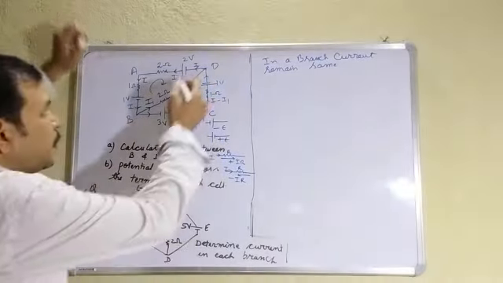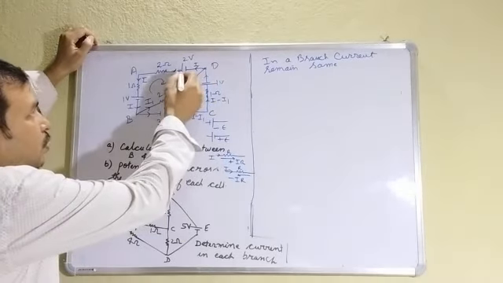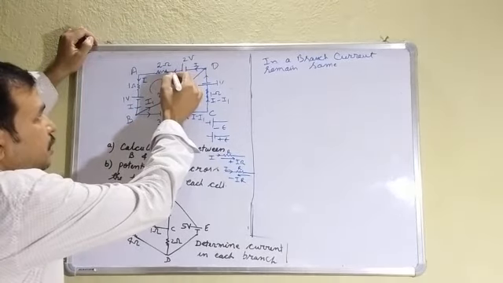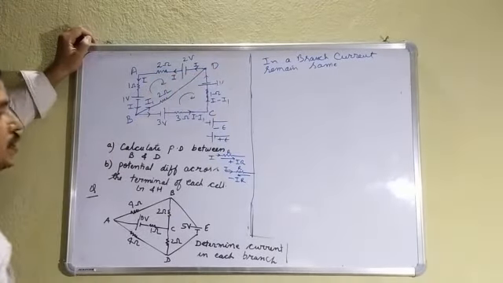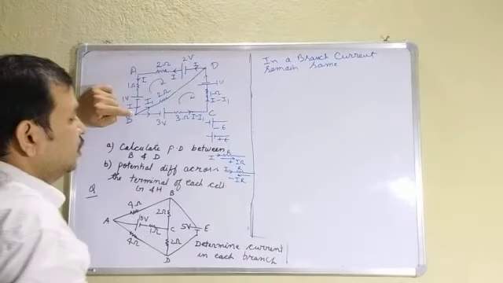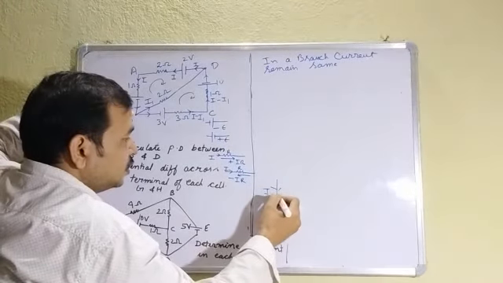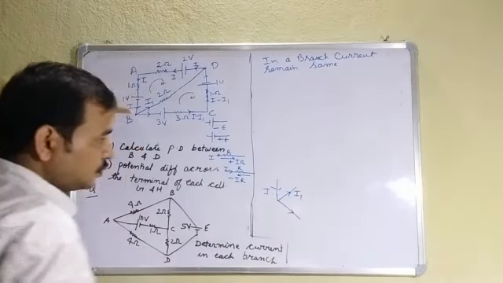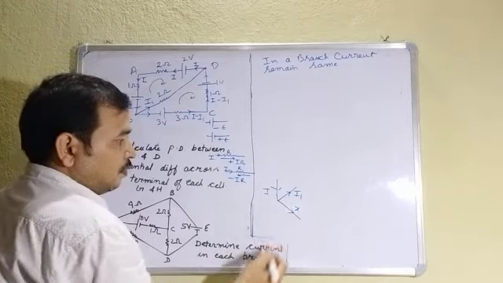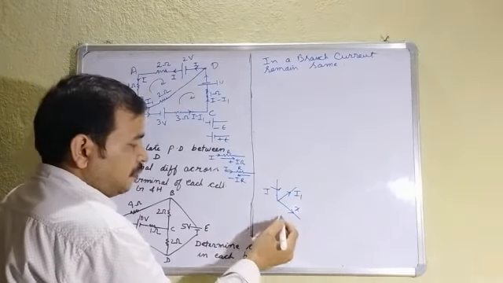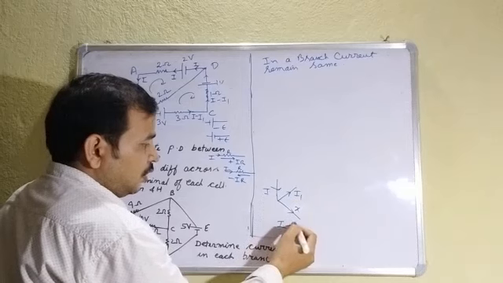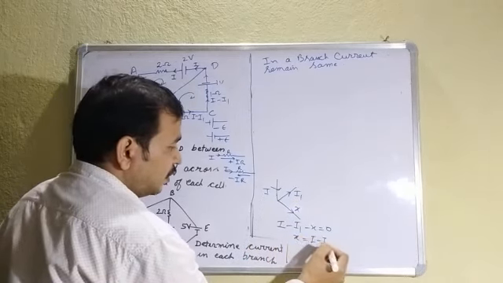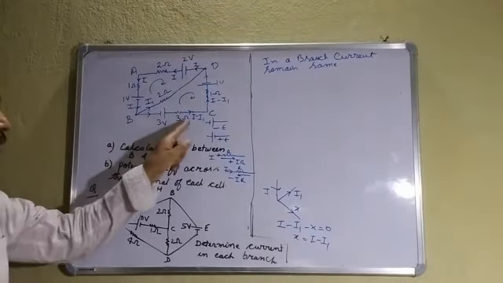You can see we have started from here. Suppose from 2 volt I current starts, and up to here I current will be there. If I current is leaving the cell, then I current will enter the cell also. Now at this junction I current is coming. Suppose we have taken I1 current is going. Now what will be the rest current? Suppose it is X. By first law we have seen incoming current is positive, outgoing is negative, sum is 0. So X is I minus I1. That is why I have written here I minus I1.